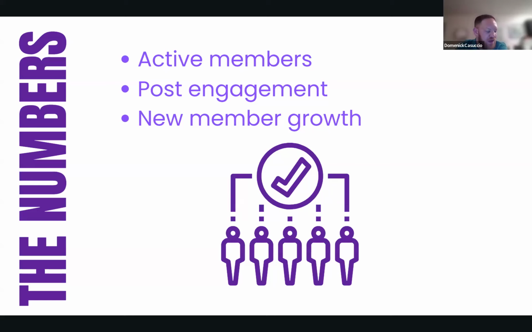Post engagement. So that is really which type of posts are getting the most reactions or comments. Really easy to look at. You can see if it's user generated content, if it's events, if it's photos, if it's videos, if it's shared posts. So look at what people are engaging with, and continue posting that type of content, or make that a priority to post that type of content to get more engagement.